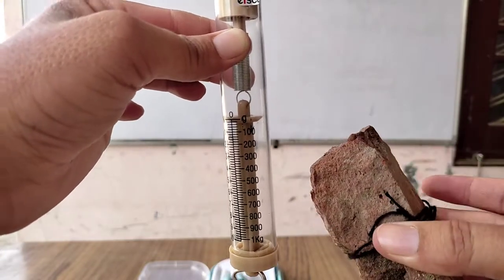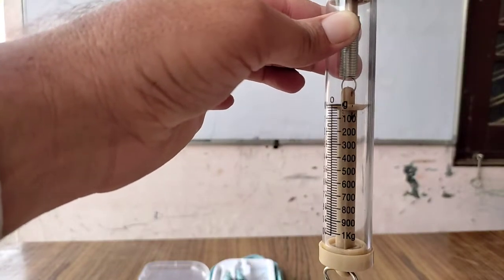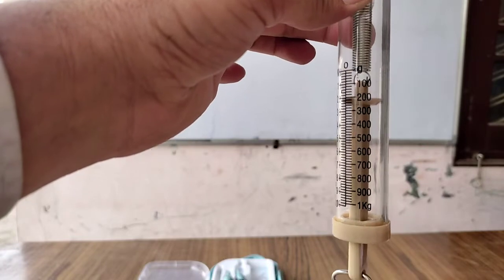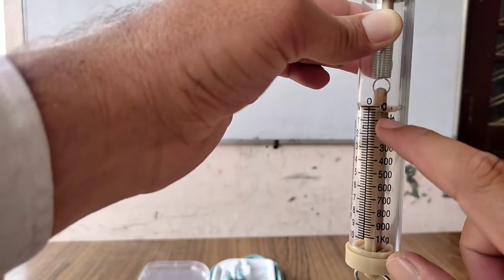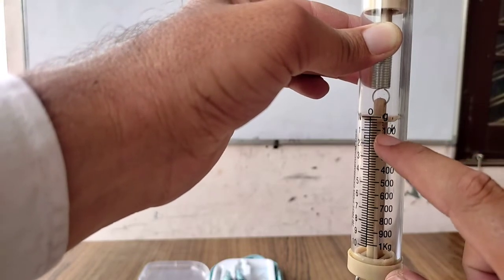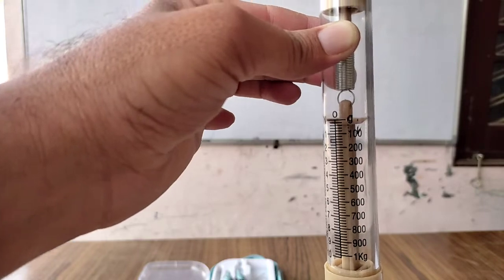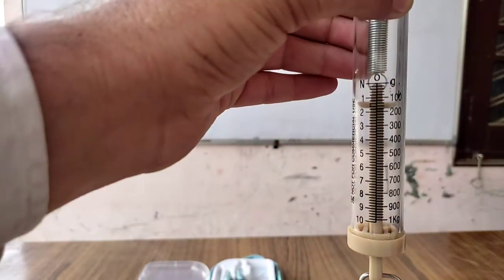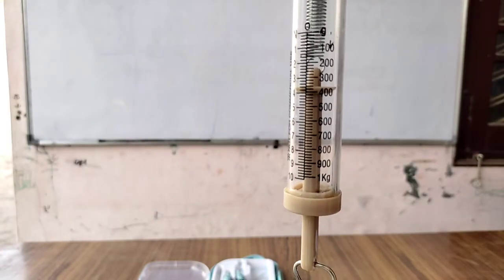Now let us see what is its weight. I have a spring balance which measures up to 1 kg, and each division is equal to 20 gram. Now I am weighing the weight. I inserted it and now let us see,